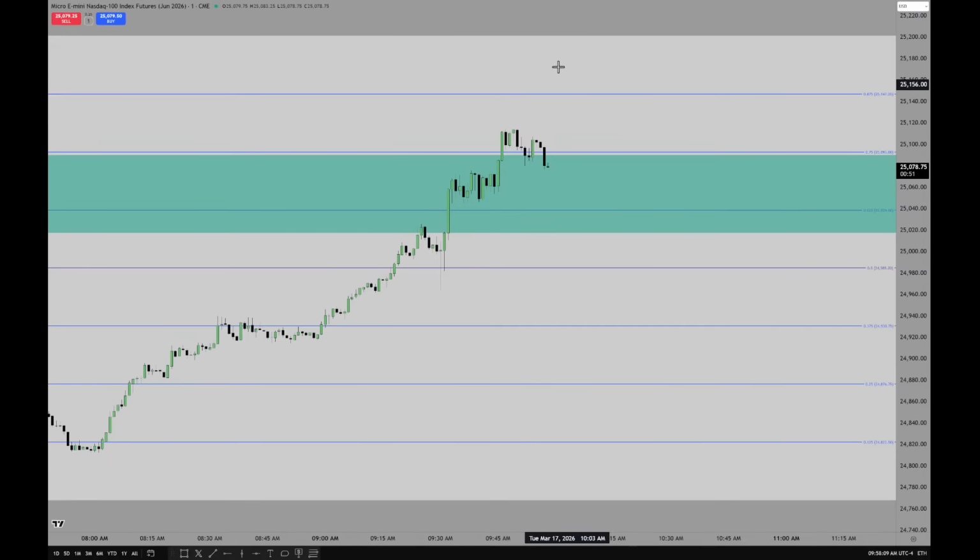Now, if this wants to come up here, because we're like 2 minutes away from the 10 o'clock hour, if they want that, then I would want to see this here be used as a discount array to send price up. I'm not saying that you should go long. Please don't do that. Don't even do it with your demo account. Just watch. Because I want to be wrong in front of you, because it will put an exclamation point to what I'm outlining here today.